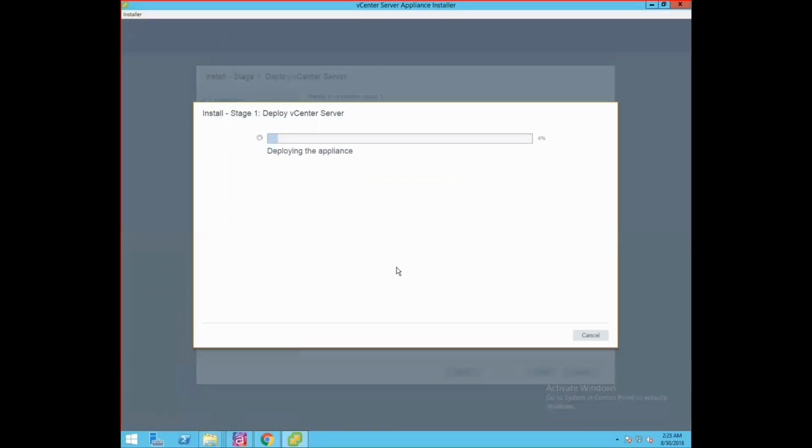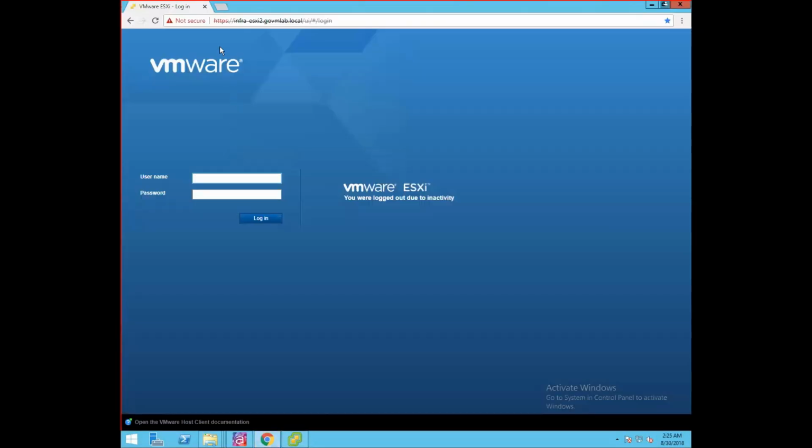Now, as you can see, the installer has started deploying the appliance. So let's log into the target ESXi host where this appliance is being deployed. This is our host, infra-esxi2.govmlab.local. Let's log in.